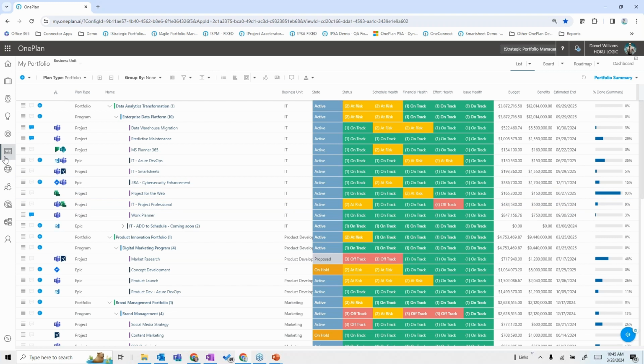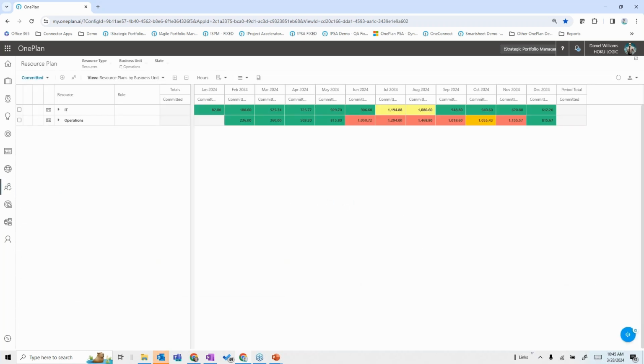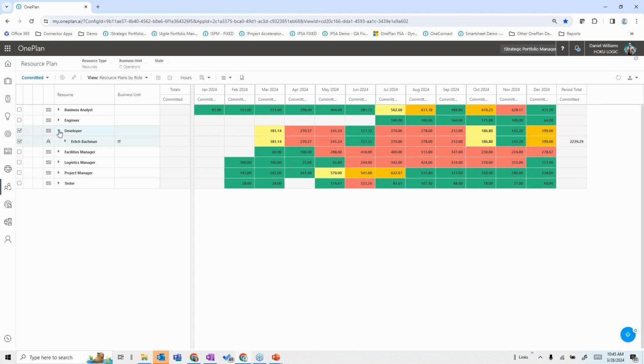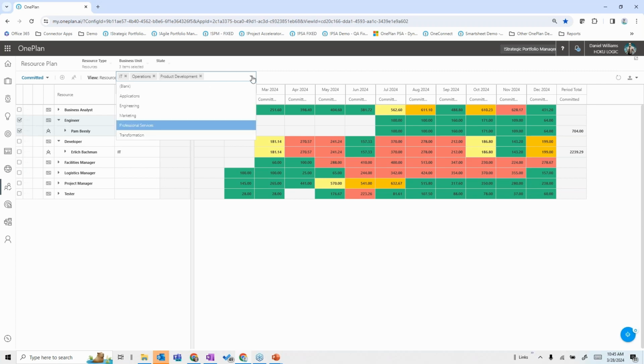Now, there's a resource plan in here that would actually allow me to take that individual project resource plan that I showed you on a specific project, and then come in here and look at this by, say, different resources and roles, right? As I come through here, I can take a look at different aspects, and I can add a variety of different organizations in here as I want to, as I can categorize my different parts